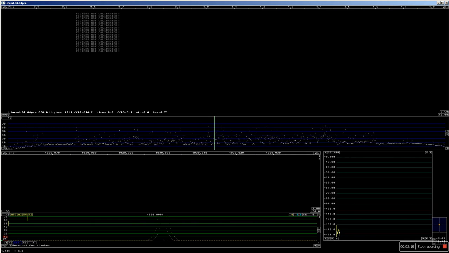...0 here, or maybe 1030.1. That's where the strongest signal was located. Now it is 8 times slower, so I go from 100 to 10 here to get a similar speed on the waterfall. And I don't have to have the spectrum expanded, so I put it back like this,